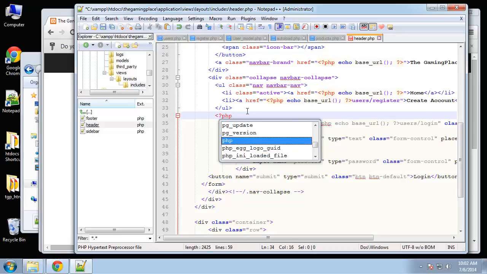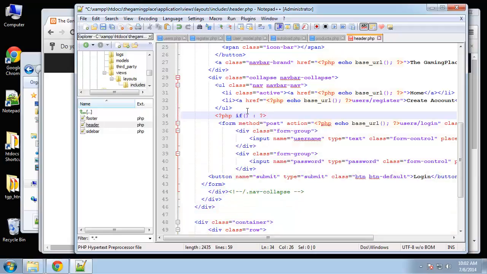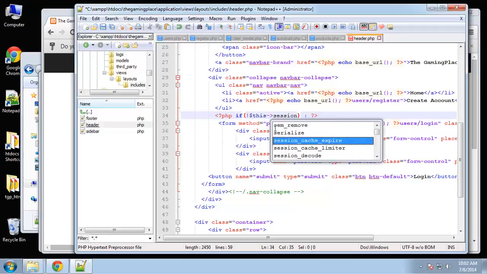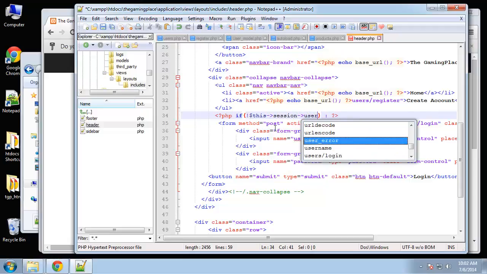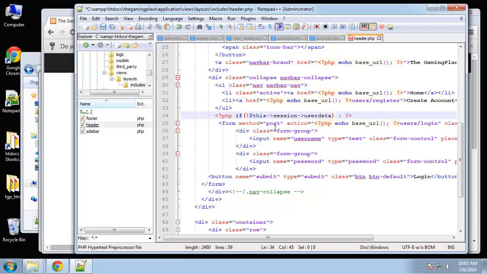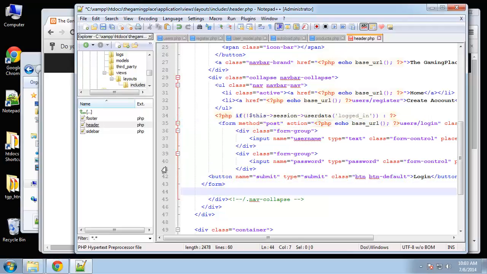Okay, so PHP, and we're going to say if not this session user data logged in. Okay, so if we're not logged in, we want to show this form. And then we want to say else